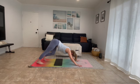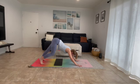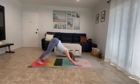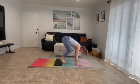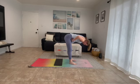Continue with the strong press through all 10 fingers, like you want to push the mat away from you to help get the hips up a little bit higher. Pause in stillness. Let the heels get a little bit heavier towards the ground, and then gaze forward to the top of your mat. Slowly begin to walk the feet forward towards your hands to eventually meet in a standing